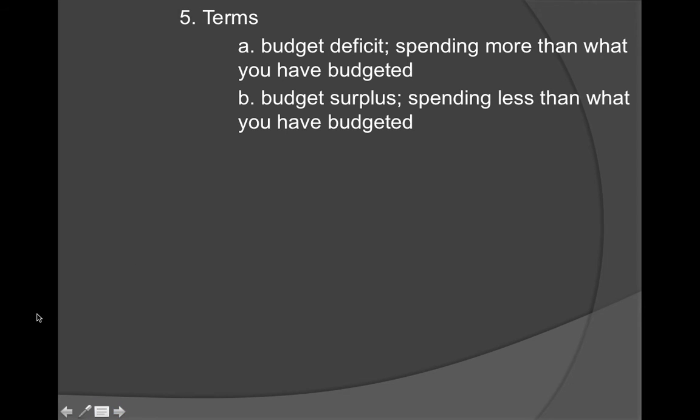But there is the possibility, although rare, for a budget surplus. This is spending less than what you actually have budgeted, meaning you're actually saving money. Our government, believe it or not, used to do this. In the late 1800s, we had several time periods where we actually had a budget surplus. And then by the time the 1900s get around, at best you have a balanced budget, meaning you said you were going to spend $2 trillion and you spent $2 trillion. But rarely, if ever, do we ever have a budget surplus. But a budget surplus obviously is good because it means you have money in the bank.